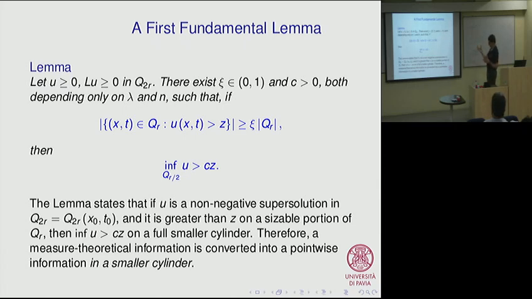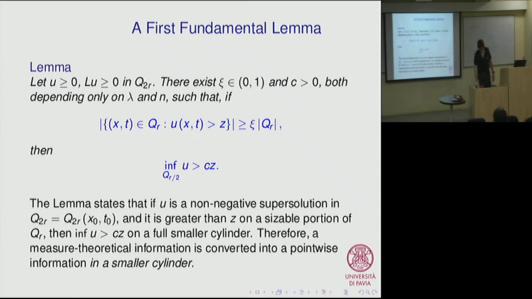So if you look at it, you have a measure theoretical information, because you have information only on the measure of the set where u is larger than z, and this measure theoretical information is converted into a pointwise information. This is exactly, for the ones of you that have followed my talks about the intrinsic Harnack inequality, the kind of statement that you have in the Giorgi lemma. Again, you have a measure theoretical information on a larger set, which is converted into a pointwise information in a smaller set. Of course, in the context of the Giorgi theory, which is useful for equations in divergence form, you rely on the energy estimate. Here, you don't have an energy estimate, so you need something else. And then typically, in this case, you work by comparison, you build suitable barriers,